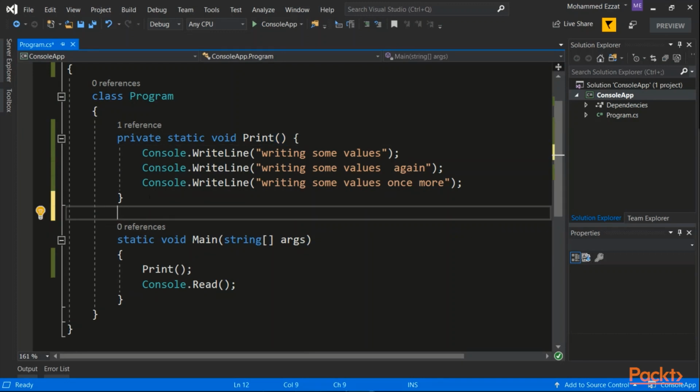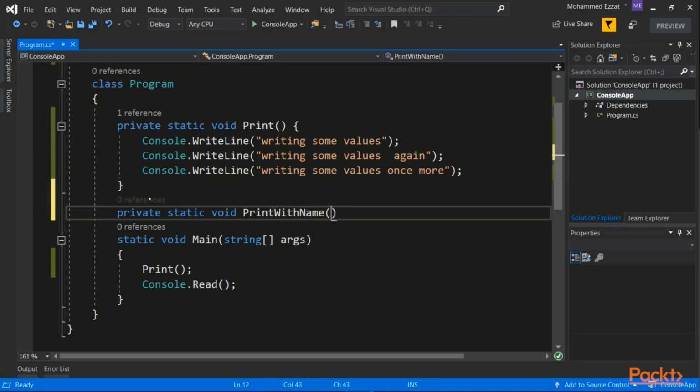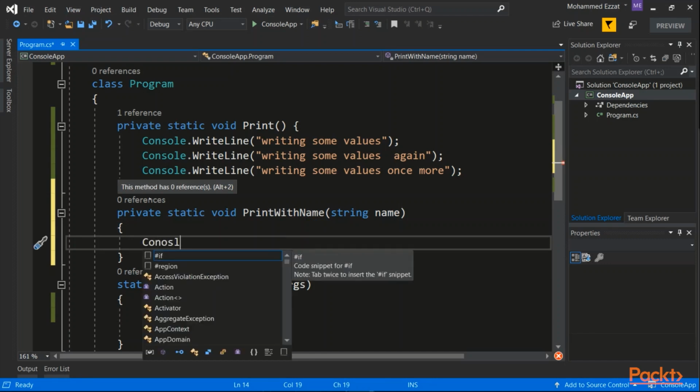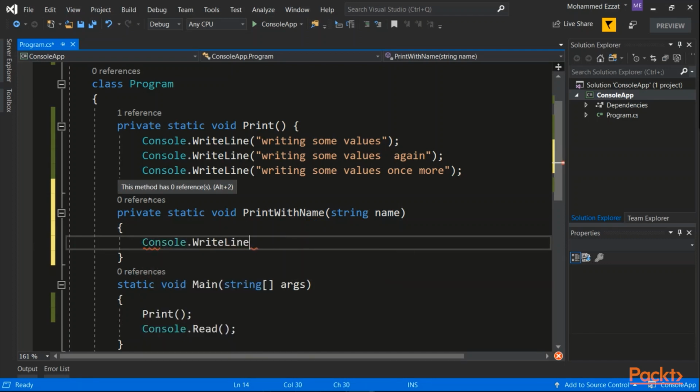I'm gonna add another method, private static void, because it's not returning anything, and the name of the method print with name, and then it will accept a string name and it will call console dot write line, and as usual I'm going to add some formatting and I'm going to say this is the name, and I'm going to pass in the name, semicolon,